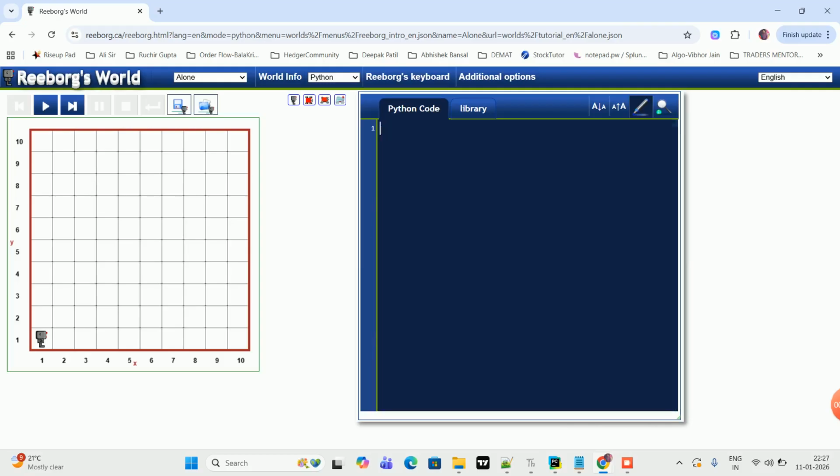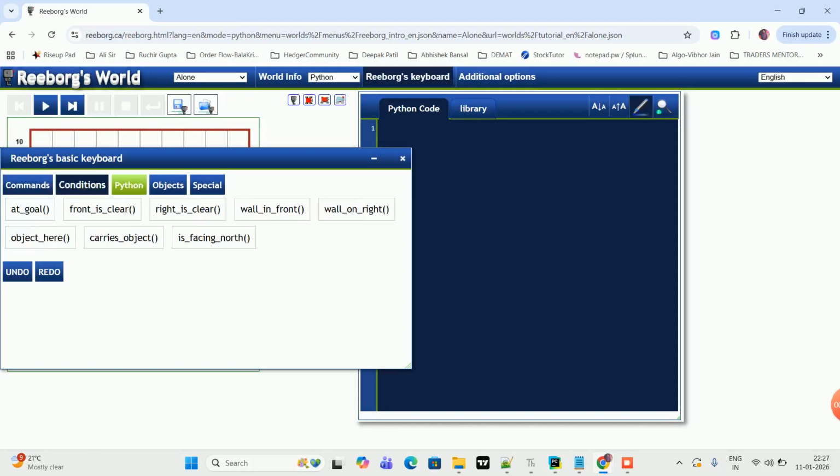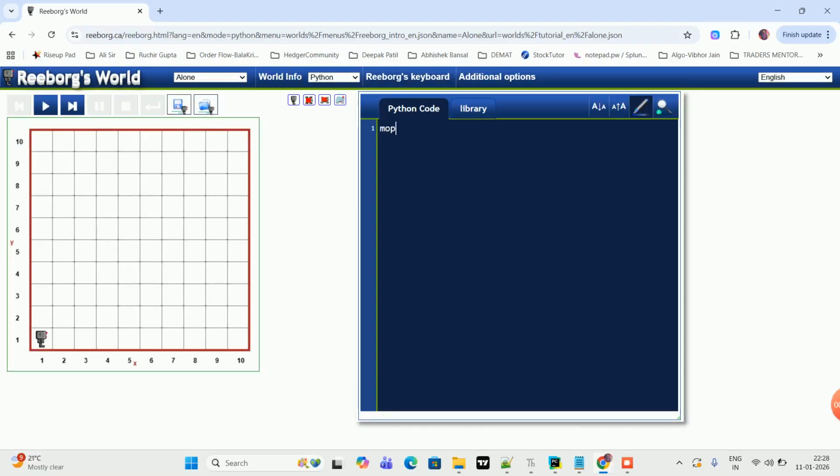Now guys, I'm just removing everything from here because I already had the existing code written. Now if you go to Reeborg's keyboard, you will see a lot of predefined functions. You have conditions, Python objects, specials, commands. So there's something called move. So if I write here move,